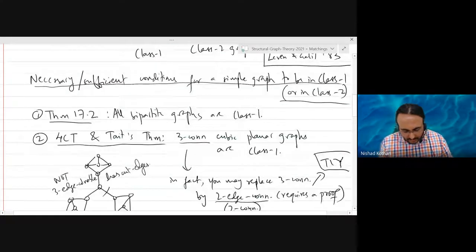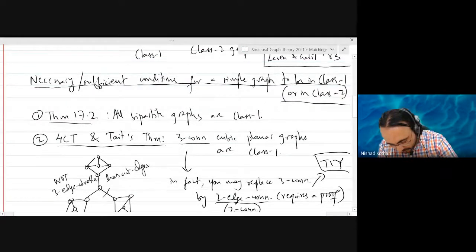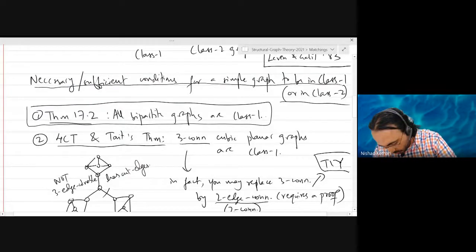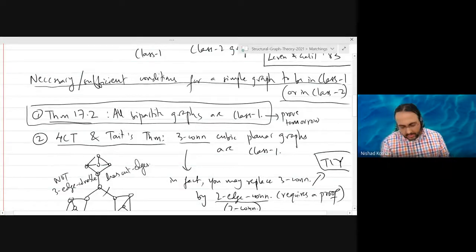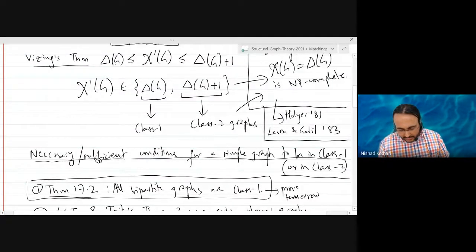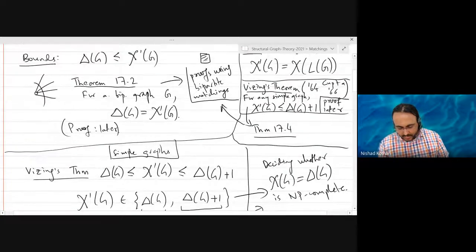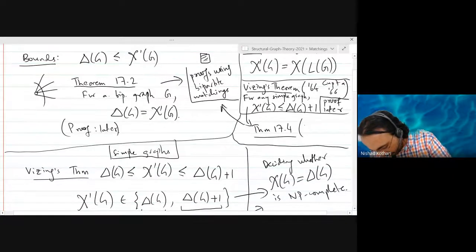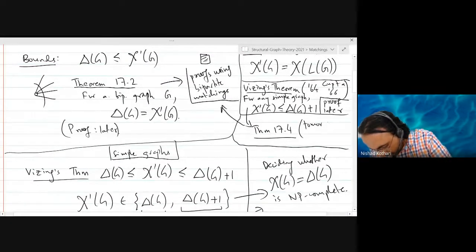So in the next lecture tomorrow, we will prove that all bipartite graphs are class 1. So that's what we'll prove tomorrow. And I think we will have enough time to get started on the proof of Vizing's theorem, but I don't think we will be able to finish it. So we will finish it on Monday, right? And I'll try to stop at a point where you can think about it yourself and try to complete the proof yourself. Okay, so let me just say proof tomorrow plus Monday.